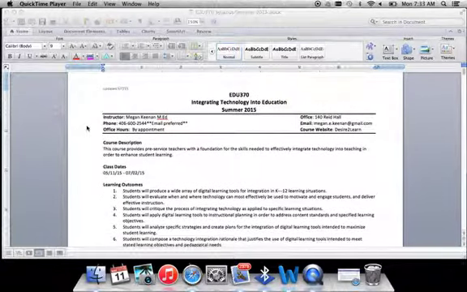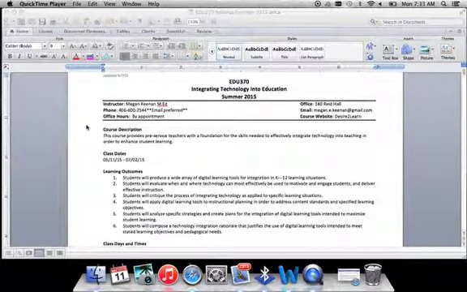Let's go over the syllabus really quick to get started. So at the top here, you'll see my contact information. This is obviously really important. Since we're not going to be meeting in person, you need to know how to get in touch with me. The first easiest way, I think, is just through D2L email. When you're in D2L, you can email me through there. The second easiest way is to use my Gmail account, which you'll see right here,